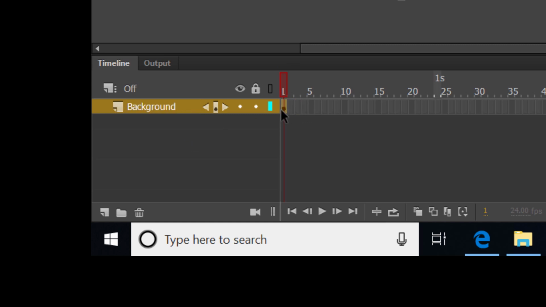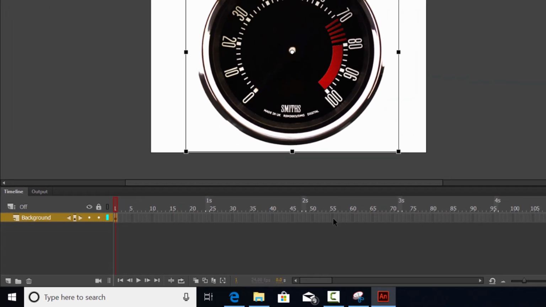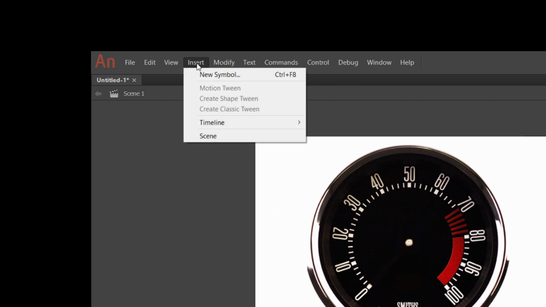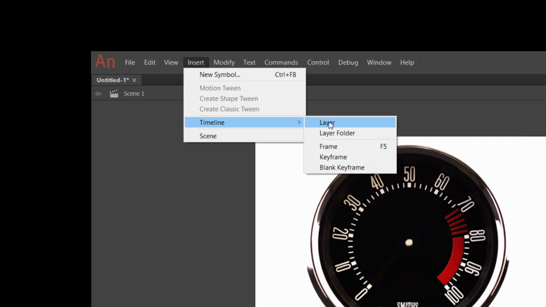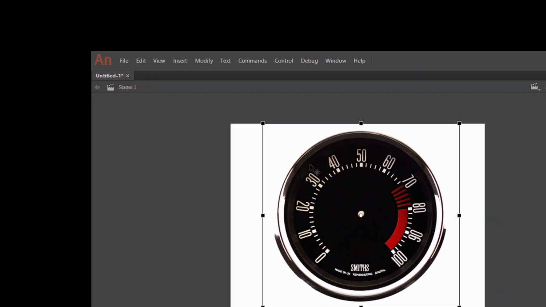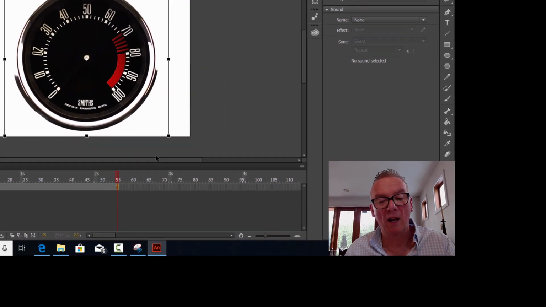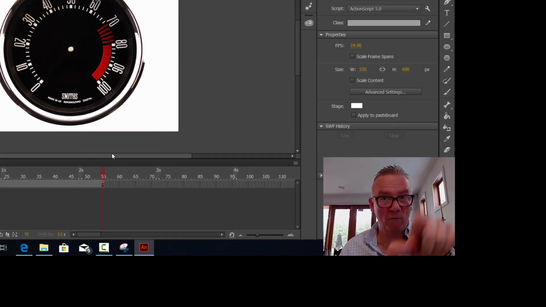Now we need to make the background last. It's going to be a 55 frame animation. So you go to frame number 55 here, click in there, and up the top, just go insert timeline, and we just want to put a frame in there. Okay, that puts a black kind of open rectangle at the end,